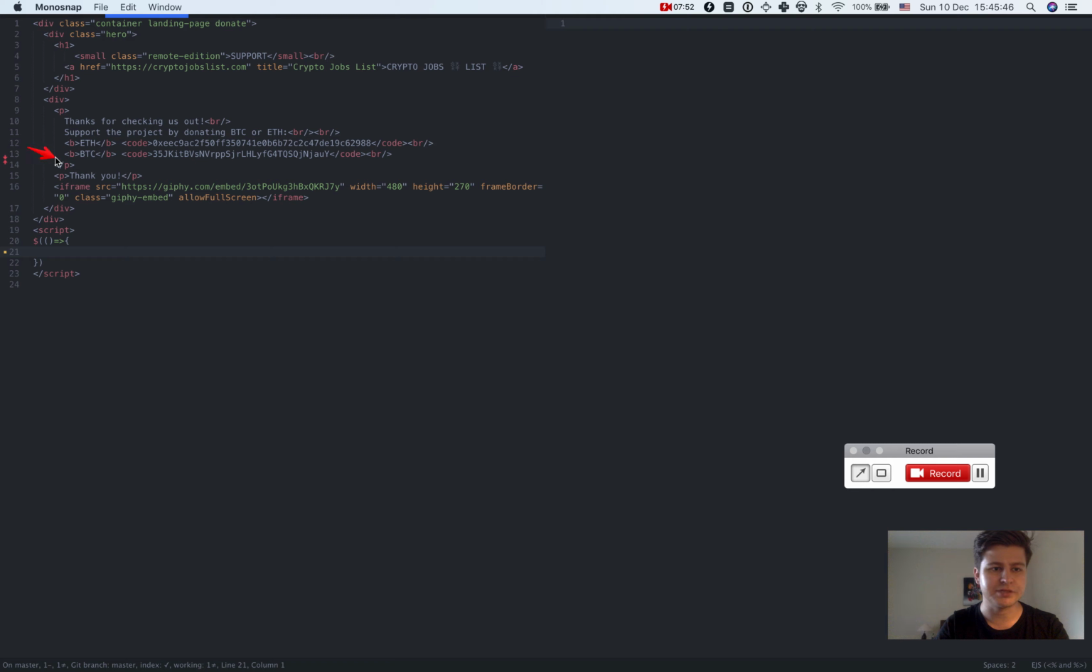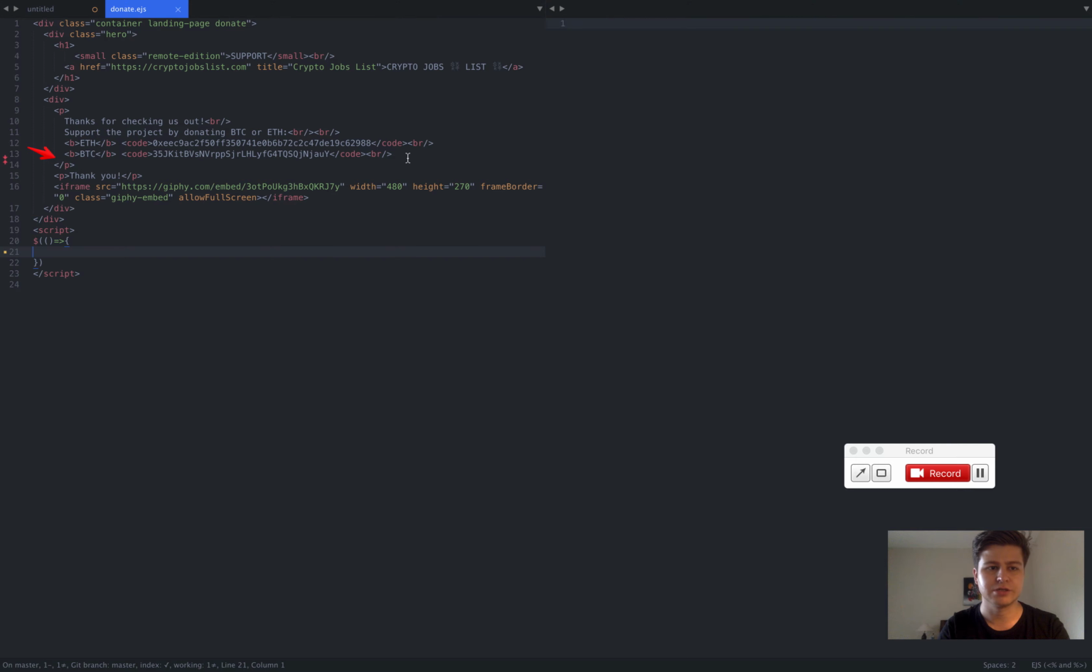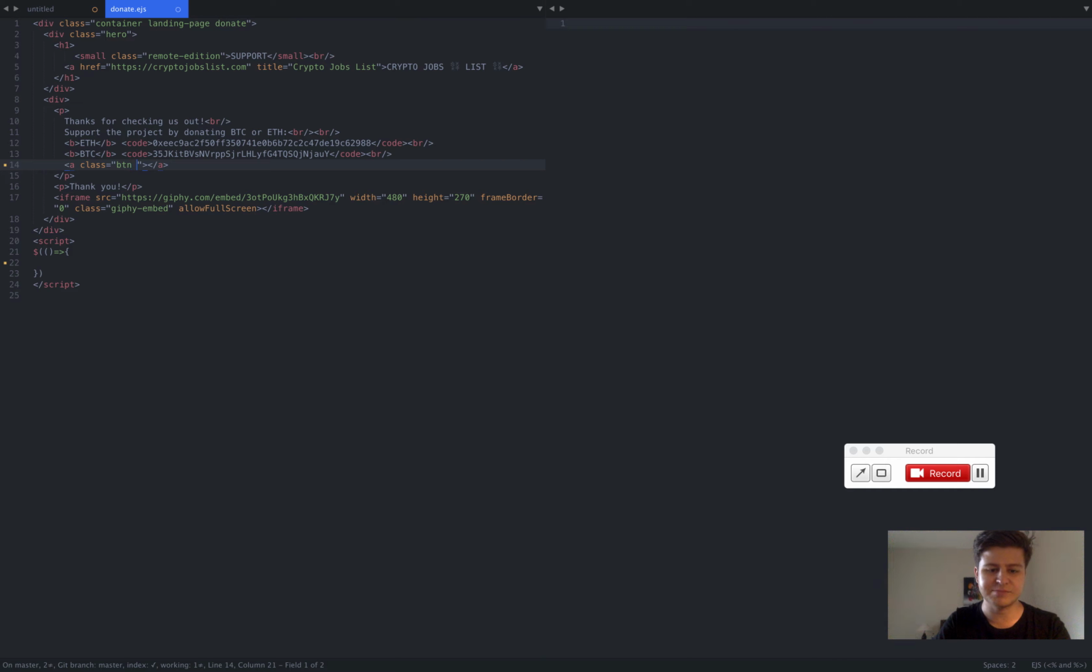button here that will basically trigger our payment function. It's not going to have any href class. I have some CSS pre-made. Donate, or actually, send ETH. Support our project, right? Basically when someone clicks it,